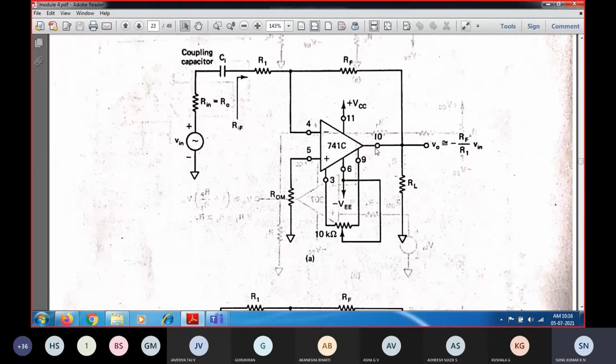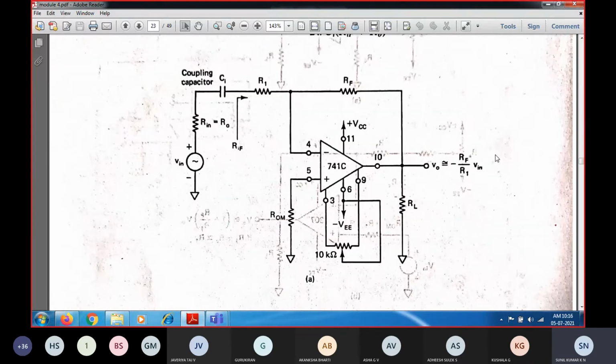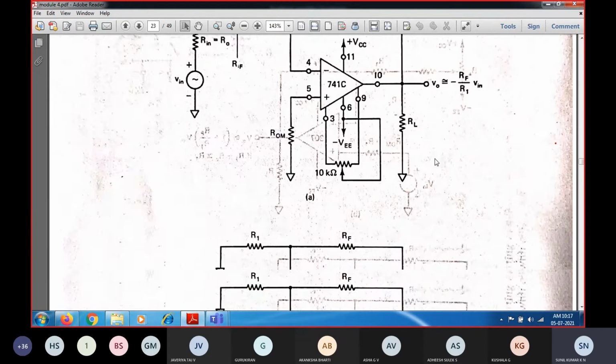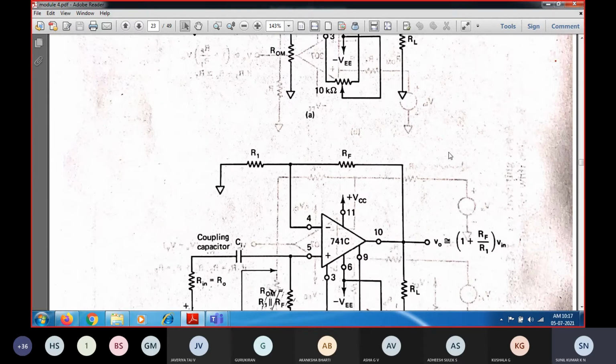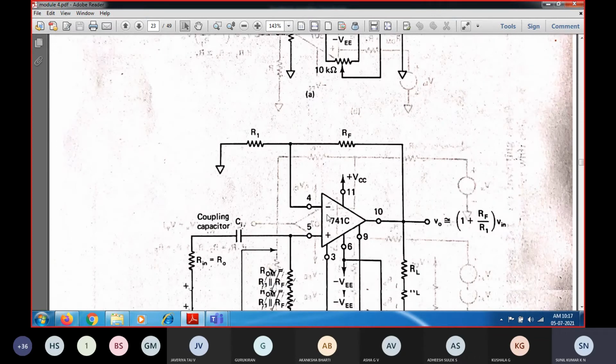After that, we started with the AC amplifier. Again, I have just considered the 741 op amp itself. In order to make the operational amplifier work for AC signals, we couple capacitors across the input as well as the output, so that it works like an AC amplifier: an inverting AC amplifier, a non-inverting AC amplifier, and this is a differential amplifier.